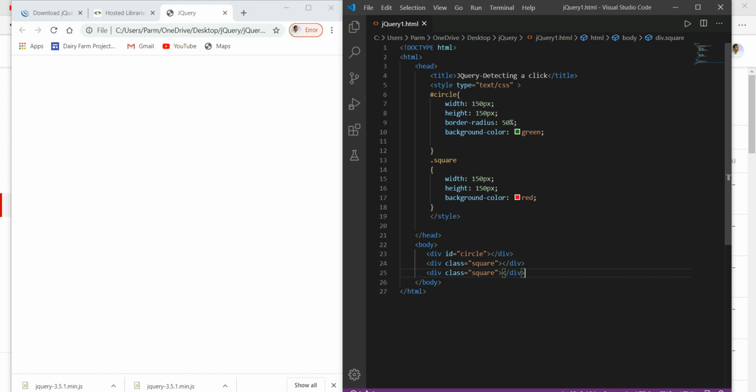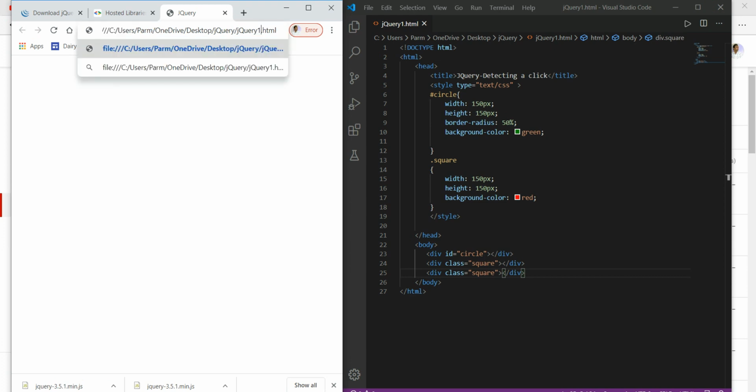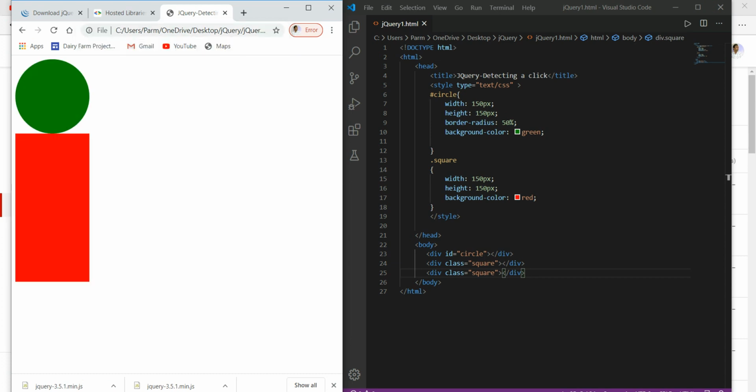Now save the changes and go here, and here we have to write the URL of the file that we wanted to open. This time we have created a file with the name jQuery 1. So here we have created a green circle and two squares.